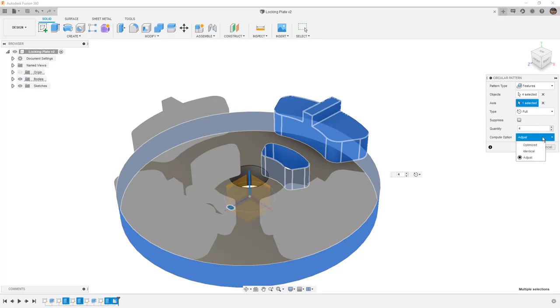Also, there are compute options. Right now, it's set to adjust. There's also identical and optimized. For our specific example, these 3 options are going to produce the exact same result. However, if you're patterning features or specific geometry across variable geometry, meaning that the location in which the pattern is going may or may not be the same as the seed or the original, then some of these options will